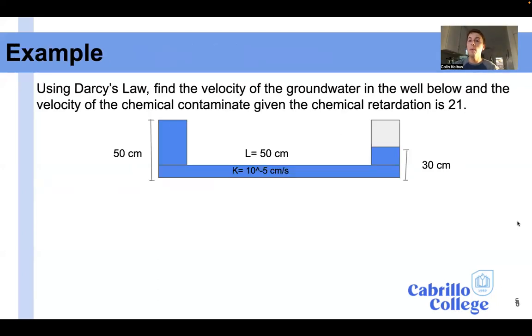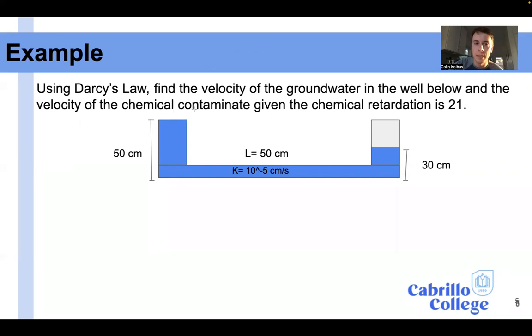And so before we move any further, before we wrap up today, we're going to do an example. So using Darcy's law, let's find the velocity of the groundwater in the well below. And then we're going to find the velocity of the chemical contaminant given that the chemical retardation is 21. And so we have our water table. There's 2 wells here. One is measuring a height of 50 centimeters, while the other one is measuring a height